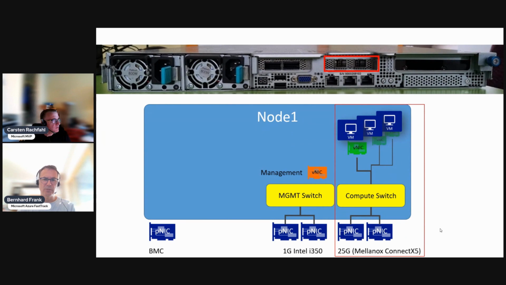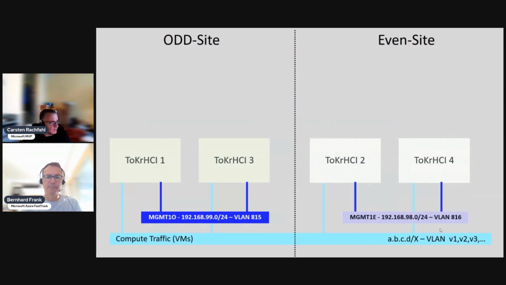Did you want to mention something about the network? Yeah, but you said it basically. Our network is stretched over both sides. So on the VM network, our VMs can have the same IP addresses, the same